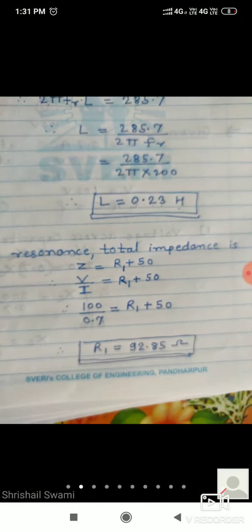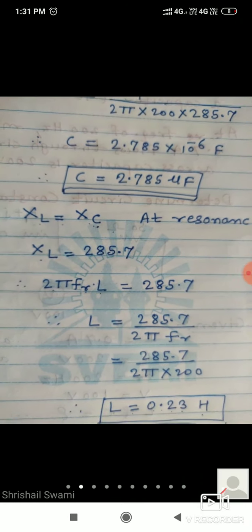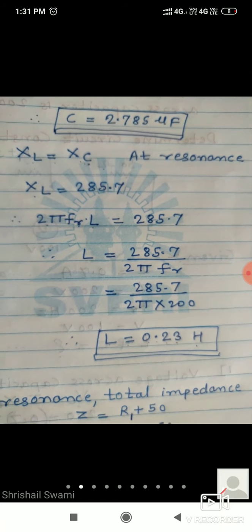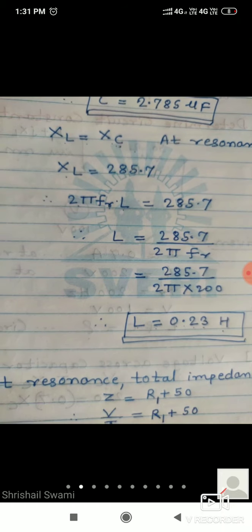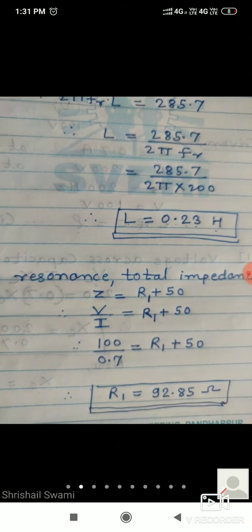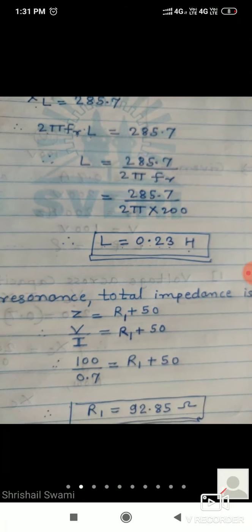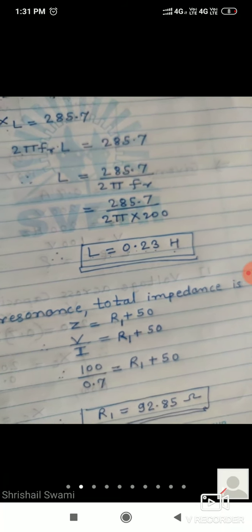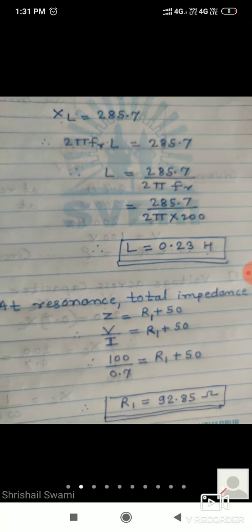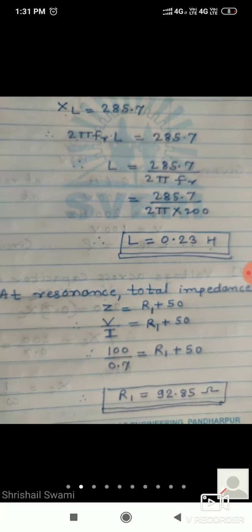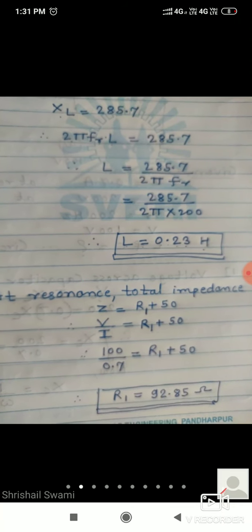Okay. So everyone understood this problem, how to solve such type of problems. If you know the formulas, number of formulas are there, you can use suitable formulas to find out the answer. Okay. So if no doubt, we will stop now. In the next lecture, we will start now parallel resonance. Many more problems are there in the assignment. When you are solving assignment, you can solve such type of problems. Okay.